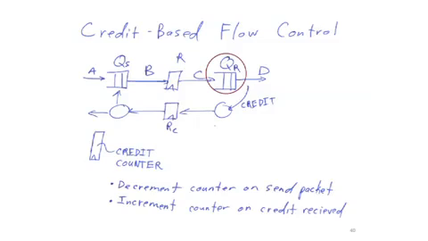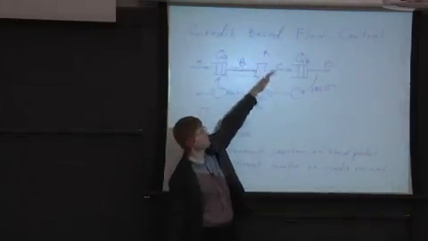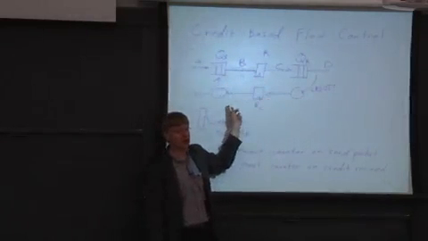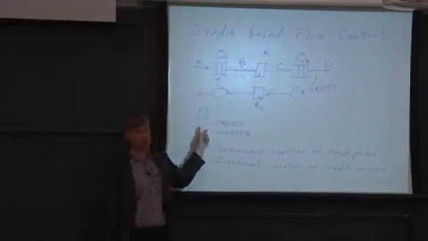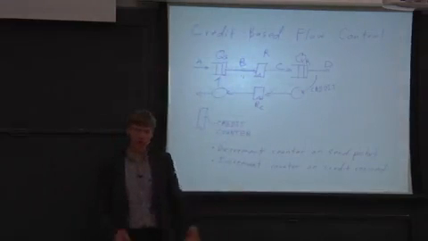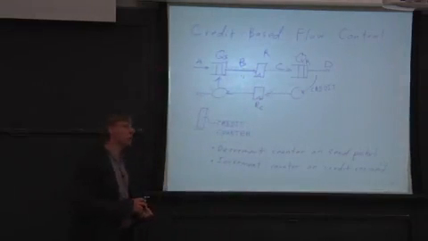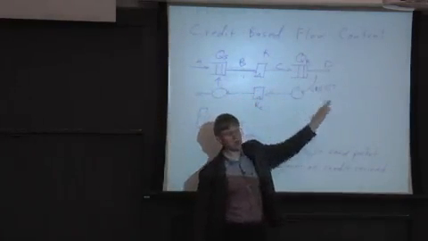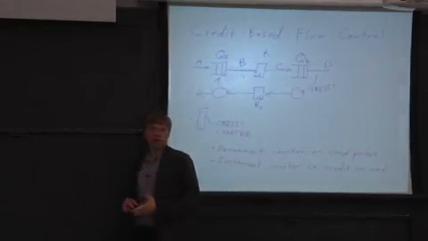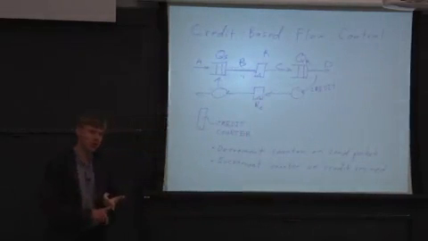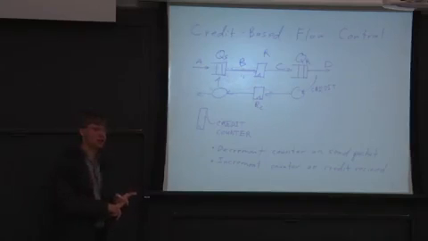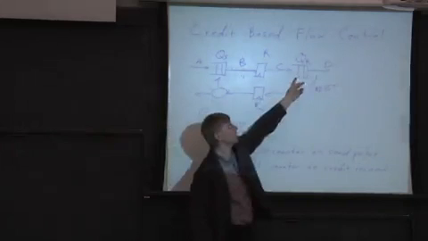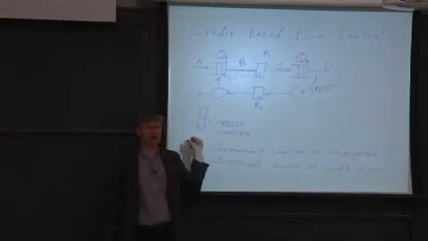And depending on how you implement this, you can have multiple flip-flops here, multiple flip-flops there, and really all this ends up doing is figuring out your credit loop and how big this counter needs to be. One other nice benefit of this credit-based flow control system is you can actually size the credit counter differently than the number of actual entries. Now, why would you want to do this? Well, one reason is you could actually build a network which has only, let's say, half the bandwidth by reducing the number of entries over here and reducing the credit counter.